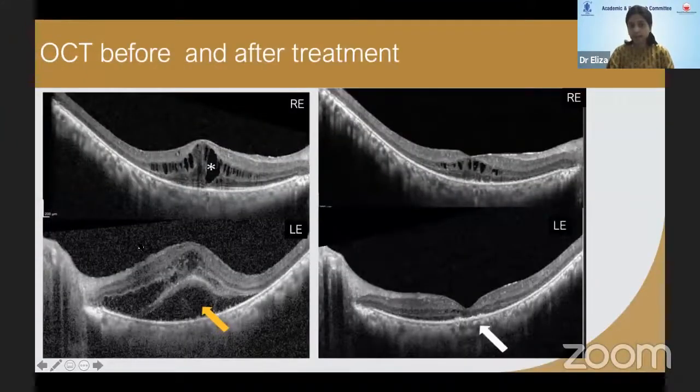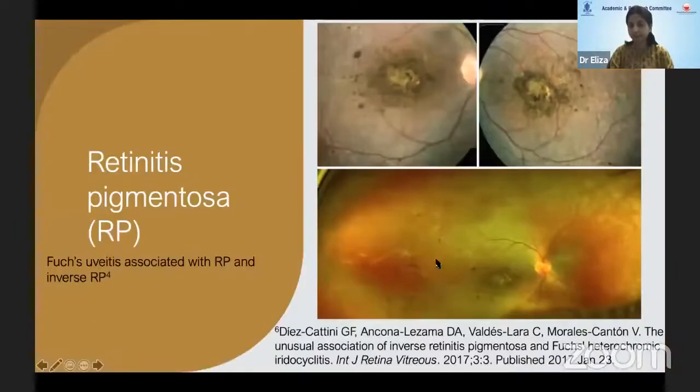And discussing the OCT, in the left eye, the initial macular edema resolved very well with oral steroid and ATT. But in the right eye, it did not respond well. So here we had to give 6 injections of intravitreal Eylea, and at the end of 7 months there was improvement, although there was a minimal macular edema left, a few cystoid spaces. So here we put the patient on topical dorzolamide.